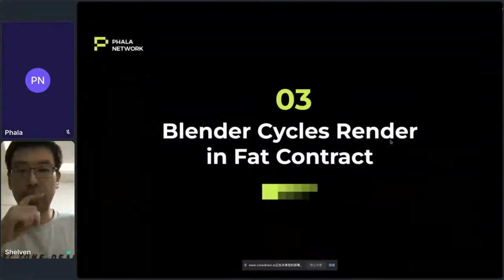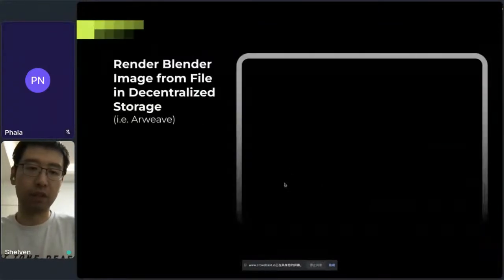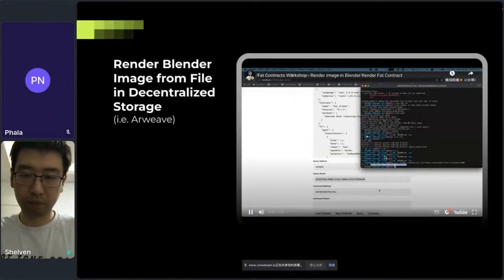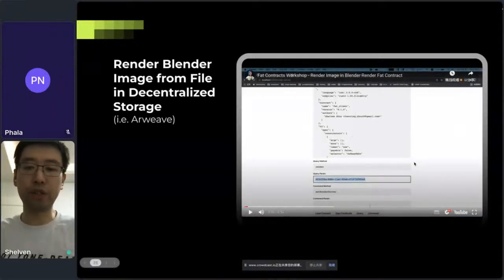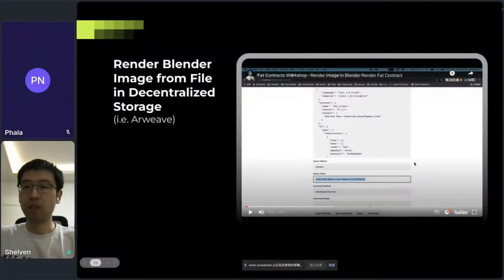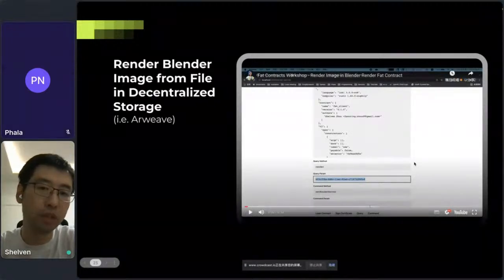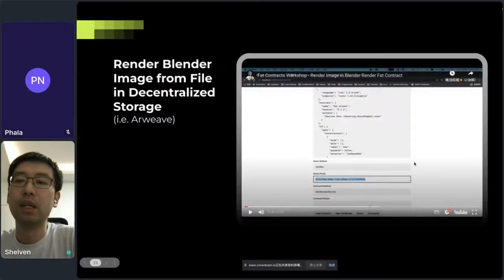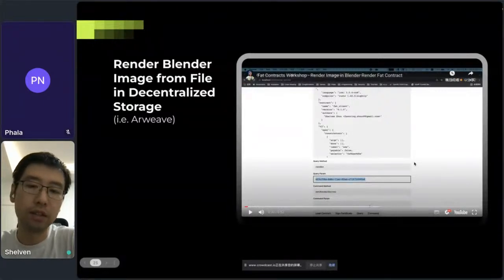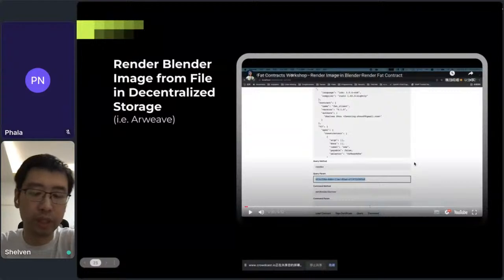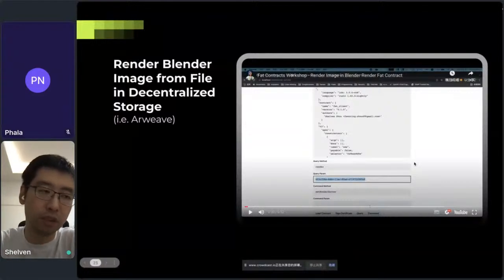Okay, so the next is the demonstration of our rendering example here. Before I really show that, let me explain what happens. The first thing is that it's about to show you that we can render the NFT image inside our workers. To do so, the artist should first finish their model and upload it somewhere, for example, Aave or S3. And then he should input the handler to this file to our contract,